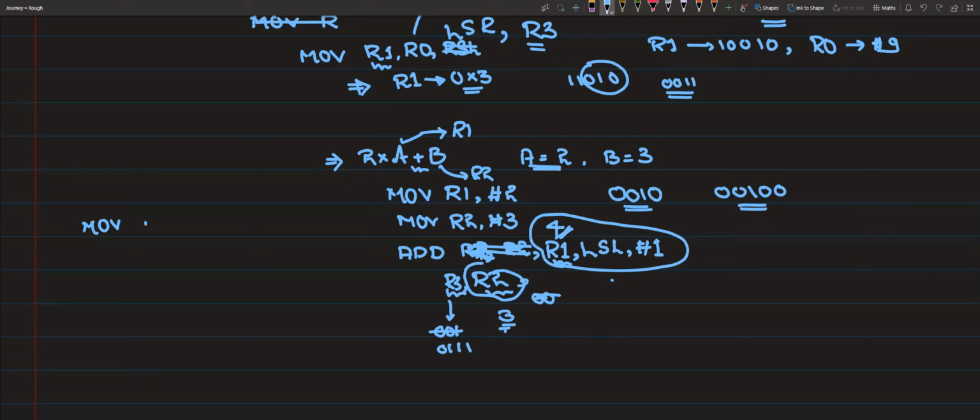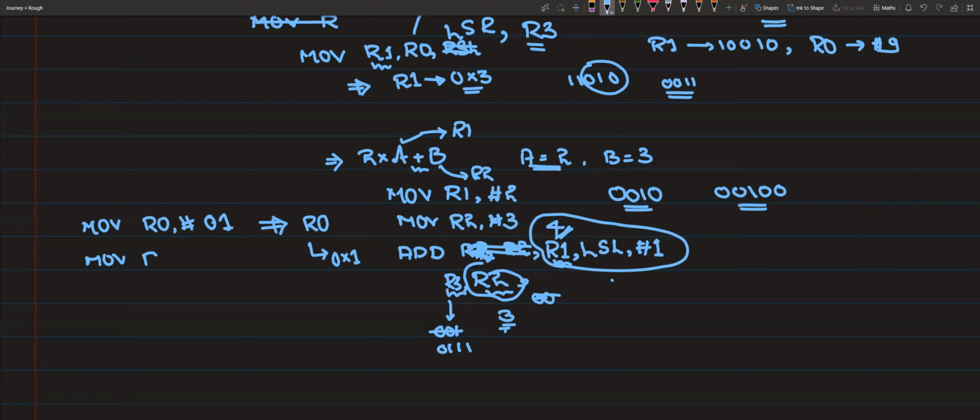move R0, comma, hash 0, 1. So here, which register will be affected? So move R0, sorry. Yes. R0, what value it will contain? So it will contain 0, 0, 0, 1. Correct. So next,